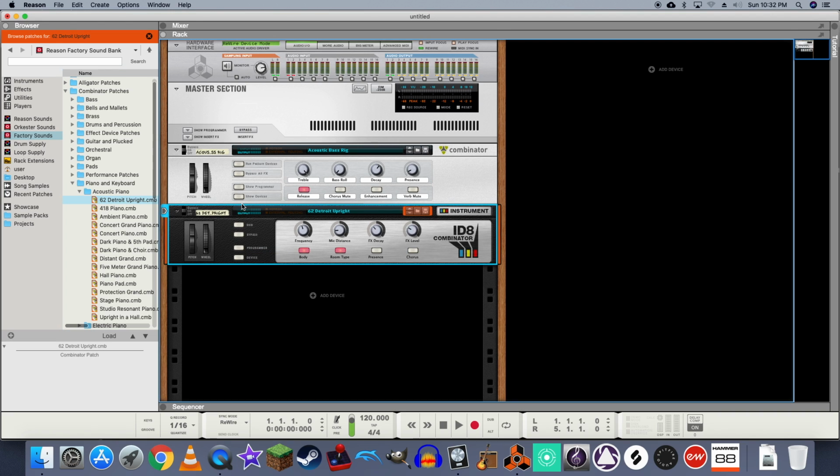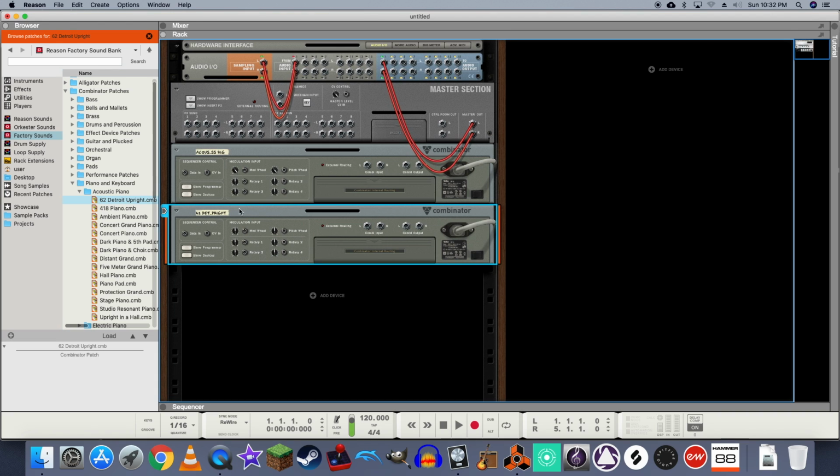Alright, now by clicking Tab, we have access to the back panel, and as you can see, both our devices are not connected. The only thing we have connected is Reason's master section, which we'll be disconnecting. So let's go ahead and route those to their appropriate channels, 1 and 2, and piano goes into 3 and 4. Alright, now that we got that done, let's go back into Logic,